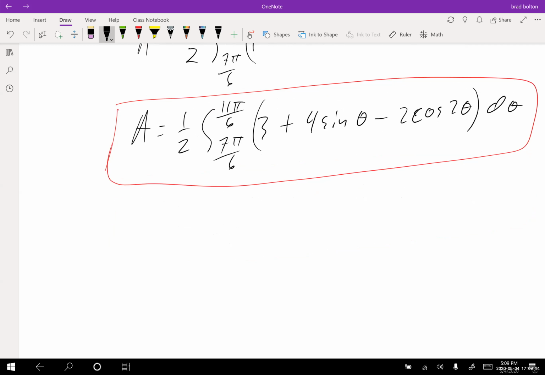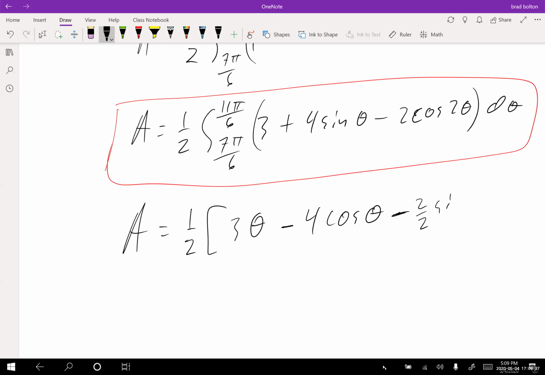Then if they ask you to integrate but not to calculate, we could say A equals 1/2 times 3 theta plus 4 cosine theta, but then that becomes negative. Minus, now again, we're going to have a 1/2, so this will become 2 over 2 sine of 2 theta from 7 pi over 6 to 11 pi over 6. And then this would be the integration. So we have now integrated, so this could cancel, this would be 1. So our answer that's just ready to integrate, you'd have to go and plug all this in now,